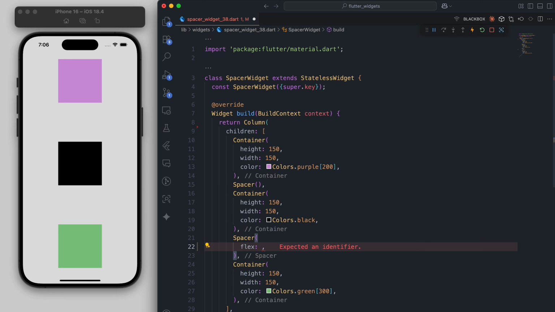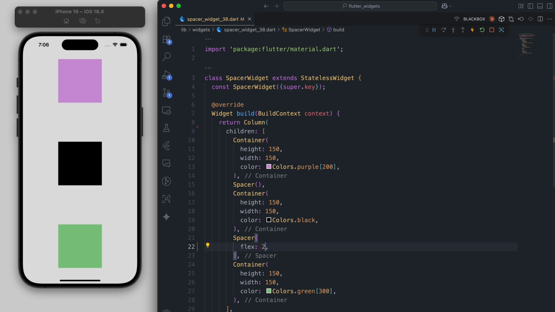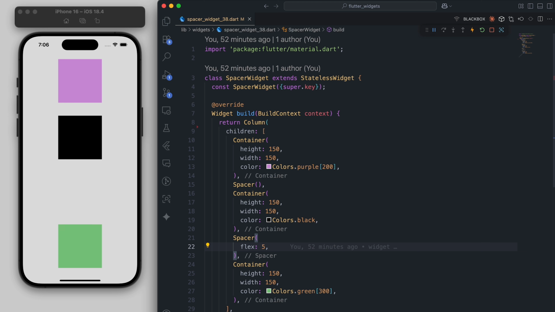Spacer also has a flex property. By default, its flex value is 1. If I set flex to 2, now this spacer will take twice space compared to the first spacer. If I increase the flex value to 5 and save it, you can clearly see that it occupies even more